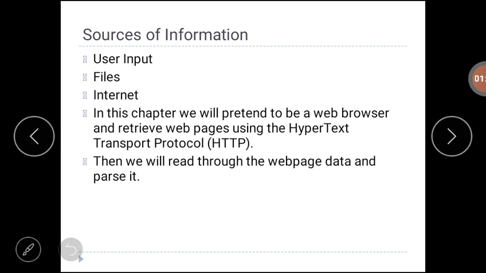Now, to move the data across the network or internet, we use HTTP, that is Hypertext Transport Protocol. HTTP is the protocol through which we can retrieve web-based data. Now, what is a protocol? A protocol is a set of predefined rules that determine who is to go first, what they are to do, what the responses are to that particular message, who sends the next message, and so on. All that information we get from the protocol.